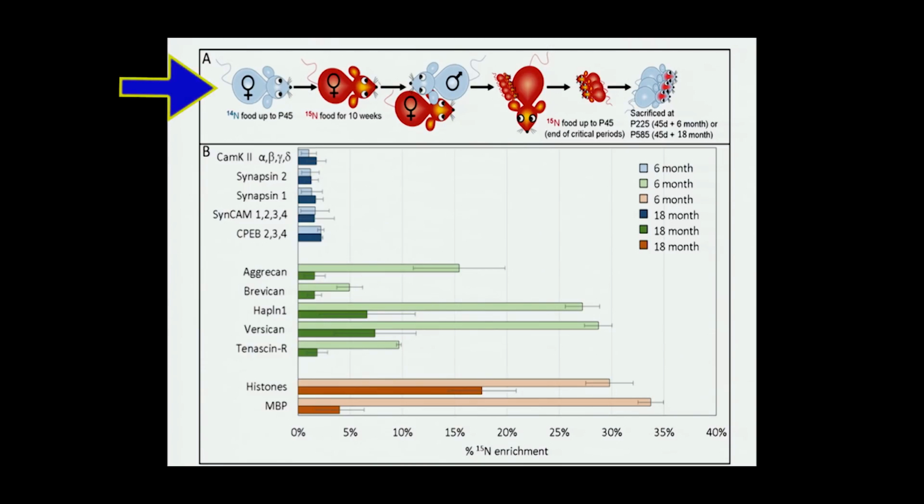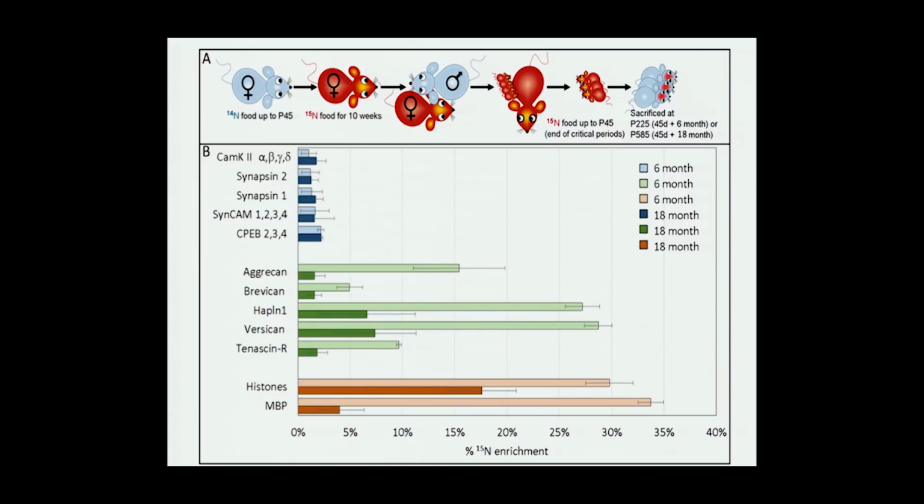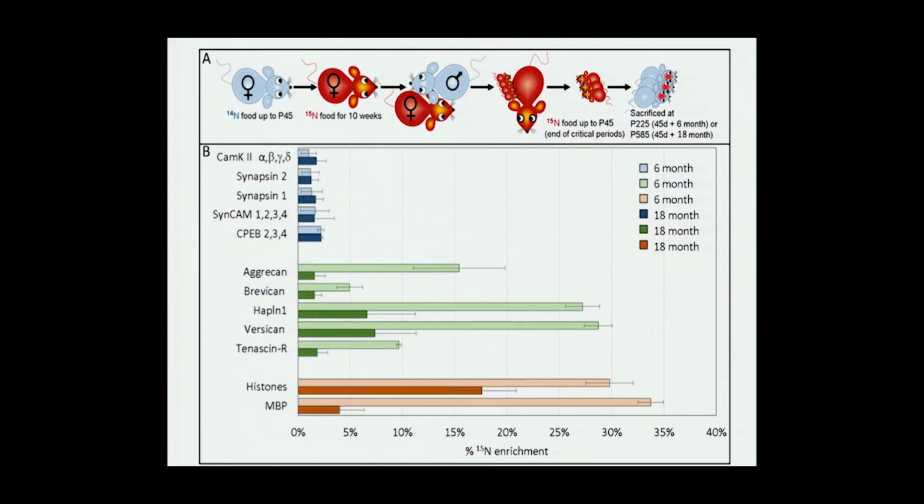You can see the paradigm here. What is it, $800 a kilo for the food, something like that. And so these experiments, for the food, could be $100,000 for a colony of sufficient size. And then at the right point, after, let's say, a 6-month or an 18-month chase with the normal nitrogen, you sacrifice animals from the colony, grind up their brains, do proteomics,